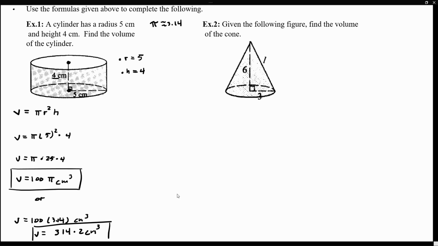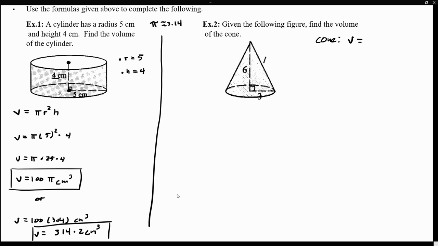So it doesn't really matter the way that you want to represent your volume, if it's in decimal representation or exact, but it's more preferable for you to just leave it as exact, because it's preferable to have exact values than an approximation. But either is going to be okay. So that takes care of our example for the cylinder. Now let's take a look at an example of the cone,